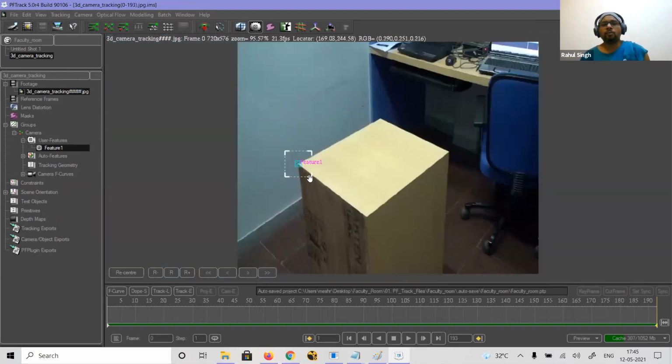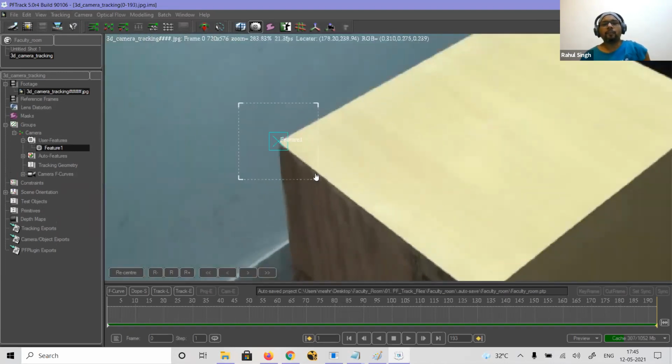Okay, press Alt F to go back. Okay, fine. So this is my pattern area and this is my search area. It means this point will search in this area only, because this type of corner is present, this corner also, this corner also, right? So it may deviate to that position. So my search area should be very limited.